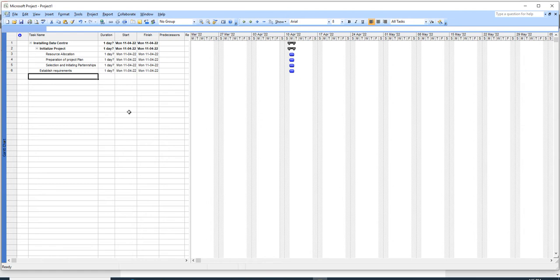Creating the floor plan. Develop floor plan design. So now it is not a subtask of established requirement. So what we have to do? Yes, we have to indent it. So now we can see that the main tasks are always in bold in color, and subtasks are in normal form. So in this way, you have to create